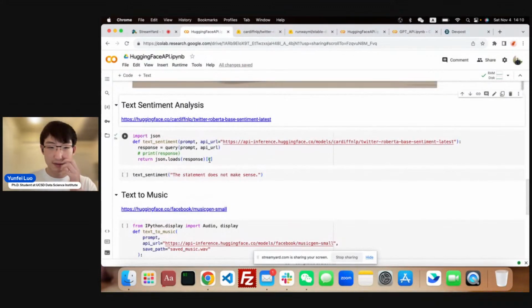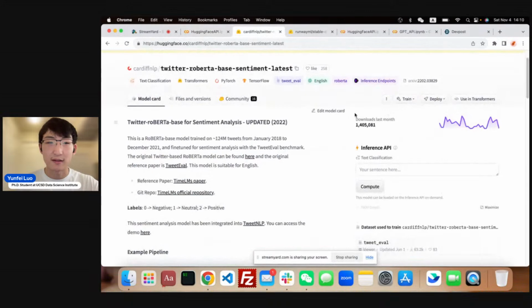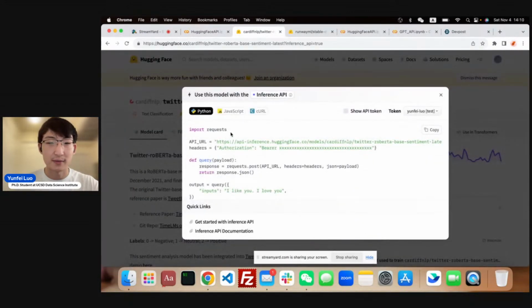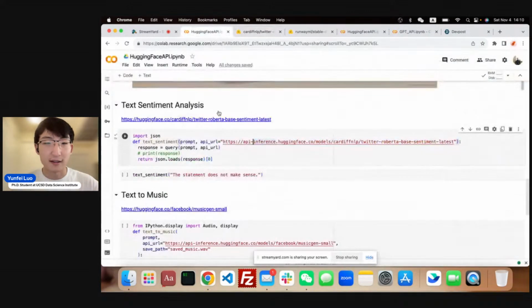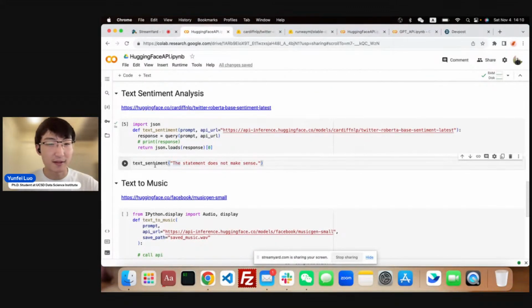In this case, we just directly pass the URL of the API. You can usually get this URL on Hugging Face: there's a Deploy option, and you just click Inference API. They will provide the API link in this demo code. And so in this case, for example, if the statement does not make sense,